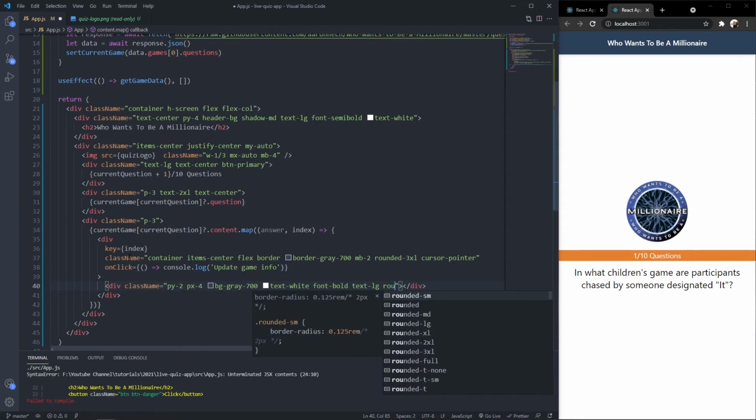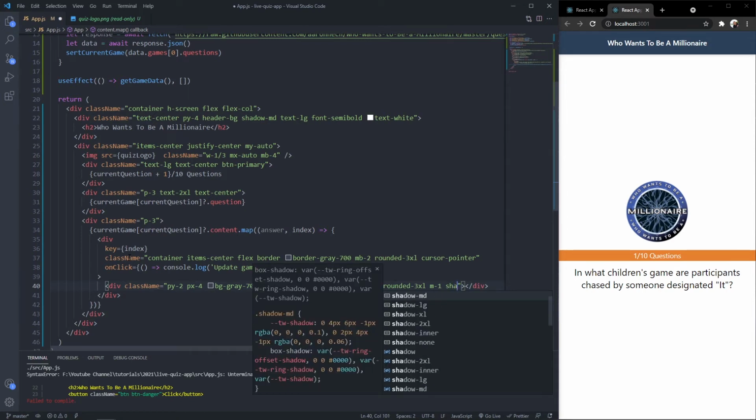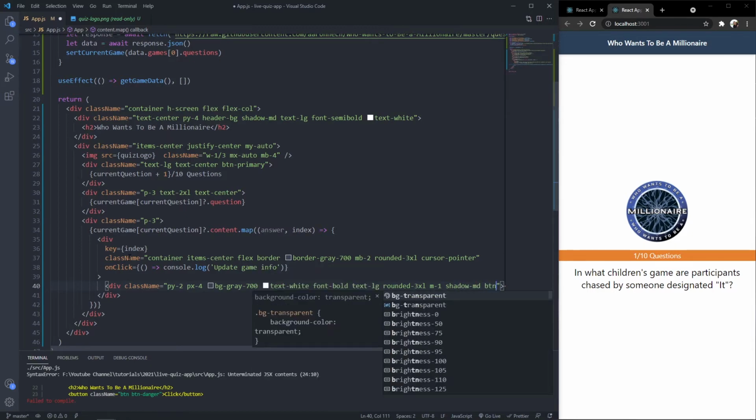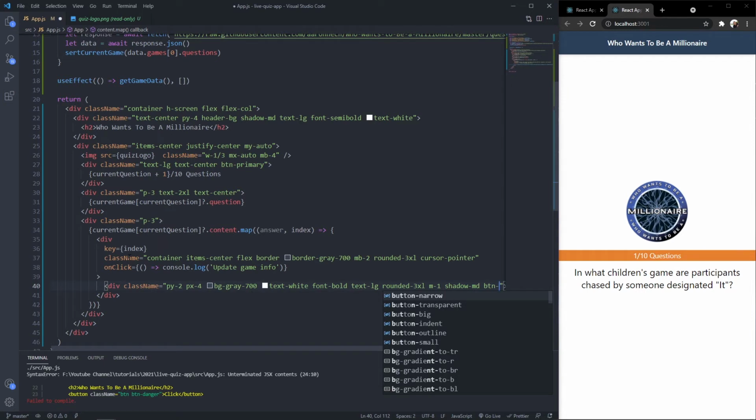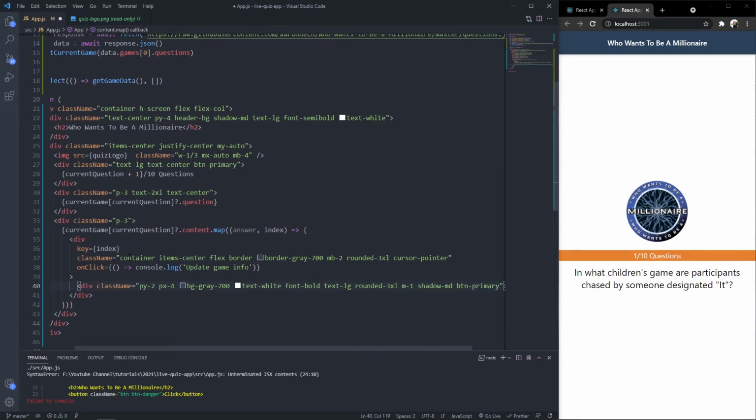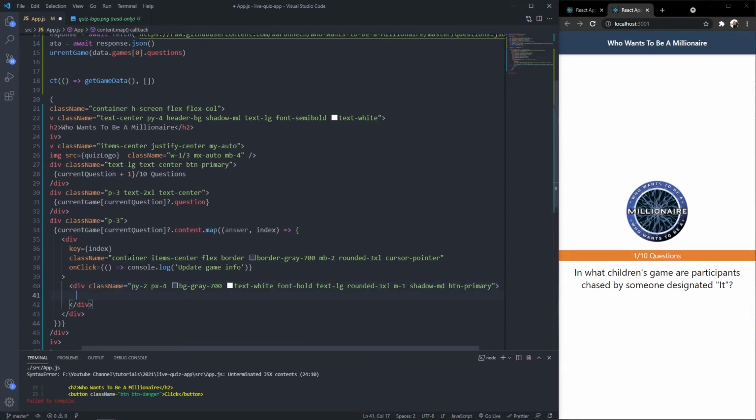That's large. And I'm going to do rounded corners, the same as the one on top, of 3XL. I'm going to do a margin all around of 1, just for a little spacing. I'm going to add some shadow into this one, so my shadow is going to be mid shadow. And my last class that I'm going to use is that class that I've created, which is just button primary. That's about it. And then inside of this div, what I'm going to have is the index plus 1,